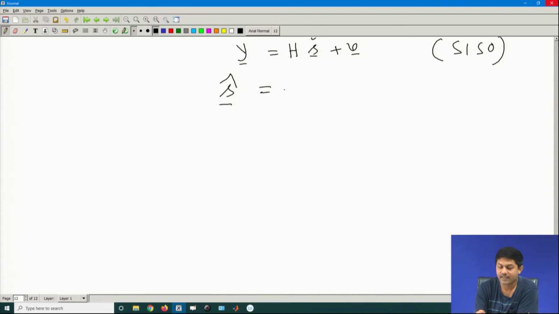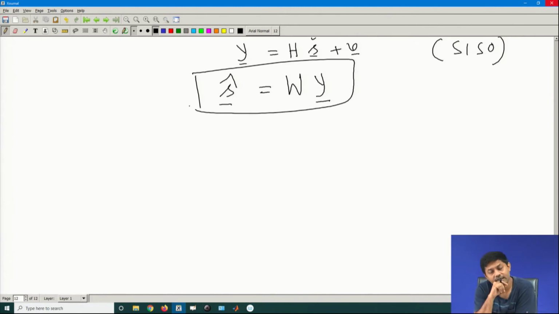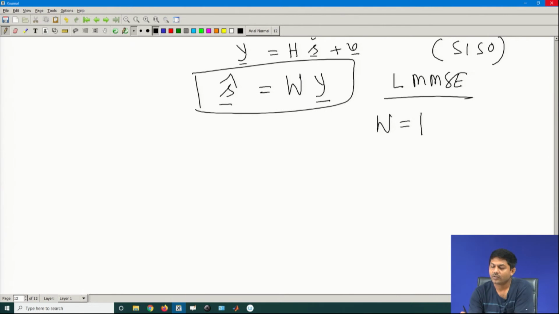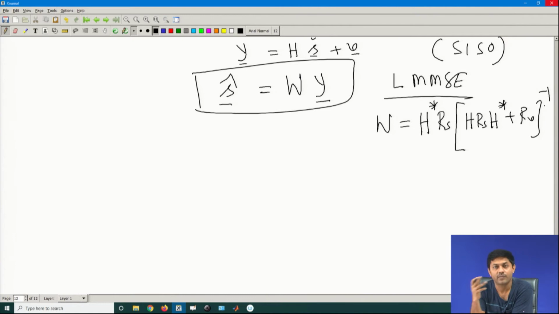You can always develop some sort of an equalizer, and then you multiply this y, and you know how to develop the equalizer, right. So, let us say it is an LMMSE equalizer, what will happen? How do you develop W? This W would be something like your channel H, then R of S, meaning the covariance matrix of the data vector, then H R S H star plus covariance matrix of your noise. This is a simple equation.